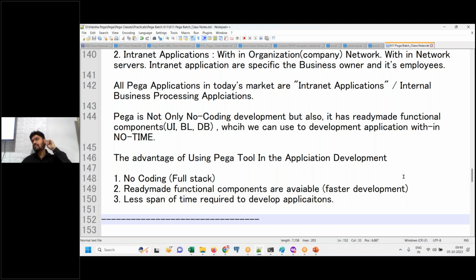Another application you want to reuse in. What do you do? Copy paste this functionality into the other application. You don't need to do it from scratch. Copy this here, paste there. That's it, done. Understand? So copy paste the functionality into another application and start using it, because the region of access